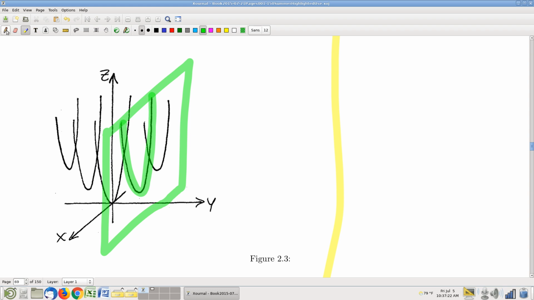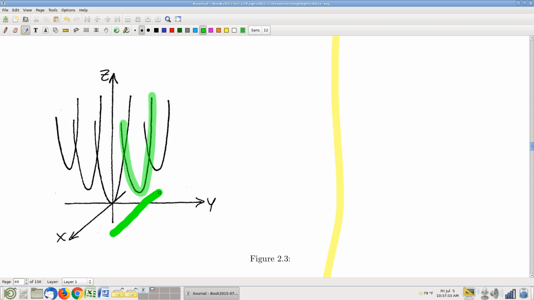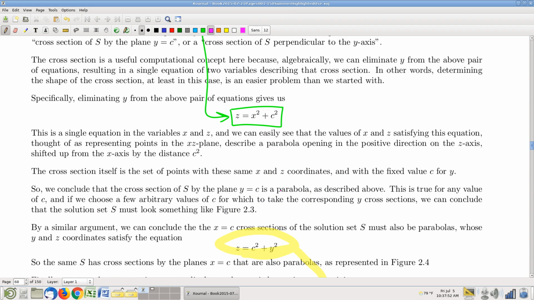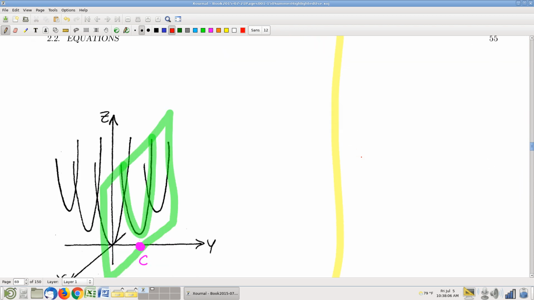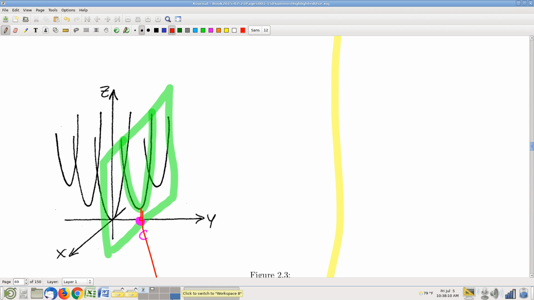Okay, now a couple of details. I didn't draw that very well, did I? Let me try to draw that plane a little bit better. In this plane, that point there is where y is equal to c. That's the plane that we wrote down in the first place, y equals c. And now, where did this parabola come from? I've got that parabola shifted up a certain amount, you'll notice. The amount that it's shifted up, you can see right there, the shift is c squared. Sorry, my elbow keeps hitting that thing there. This upshift there